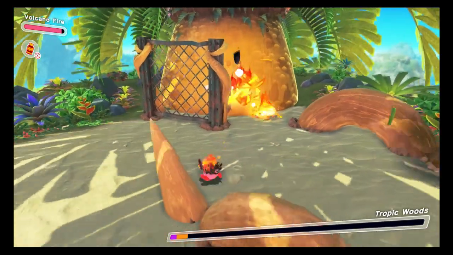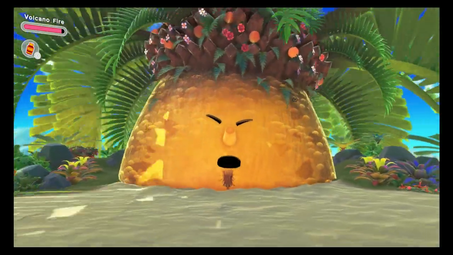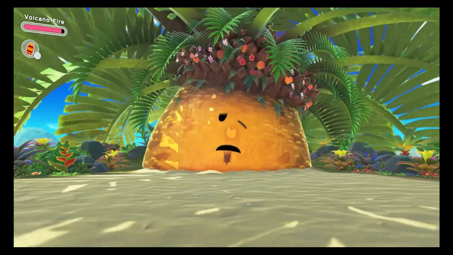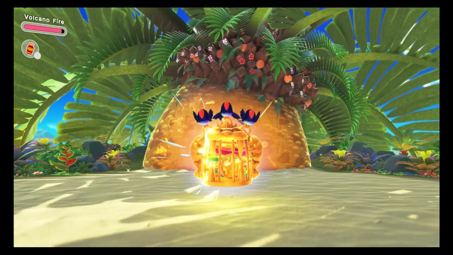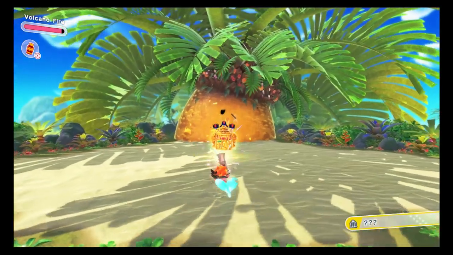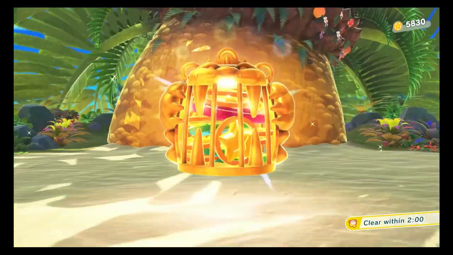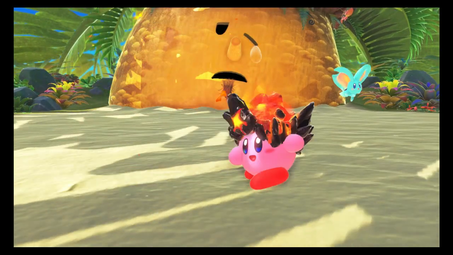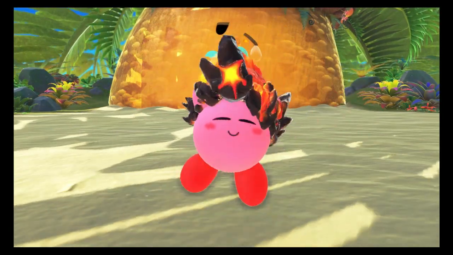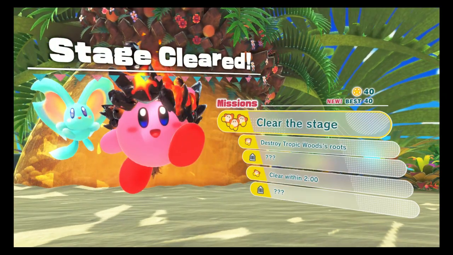Oh. Careful on the coconuts. Oh. Oh, that's right. The volcano power-up leaves residual fire that continues to damage the enemy from the flames. For a second there, I wondered why we beat him. Okay. Oh, clear within 2 minutes. Oh, that's right. There was a time duration on the last boss, too. Which means, after our little secondary dance here, we're probably going to find the last objective is...